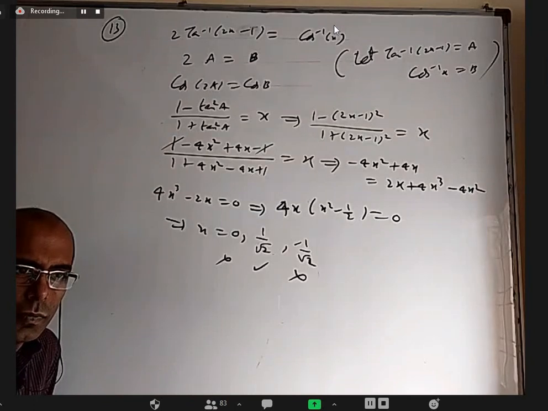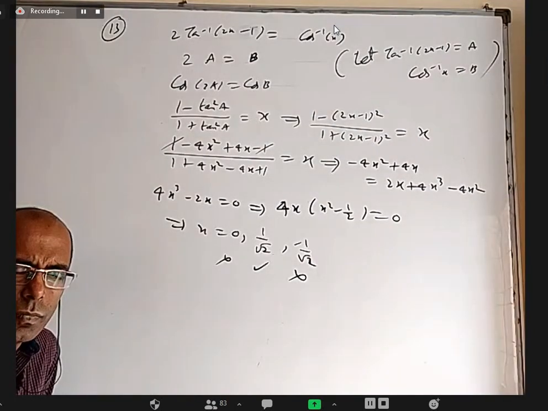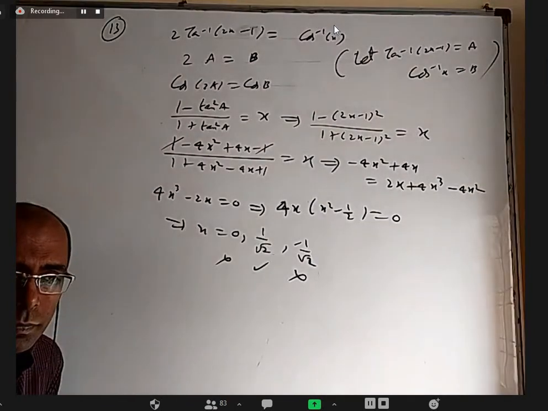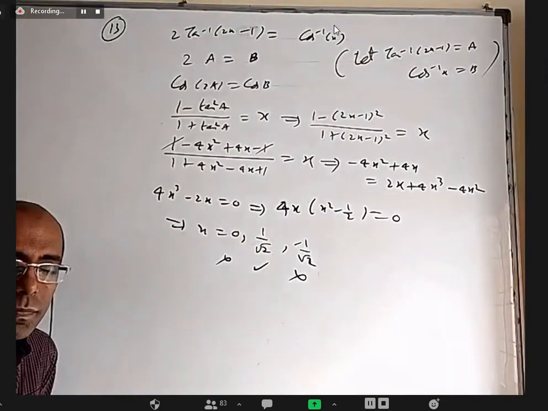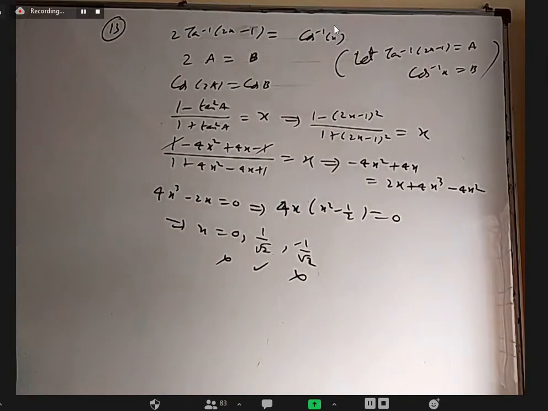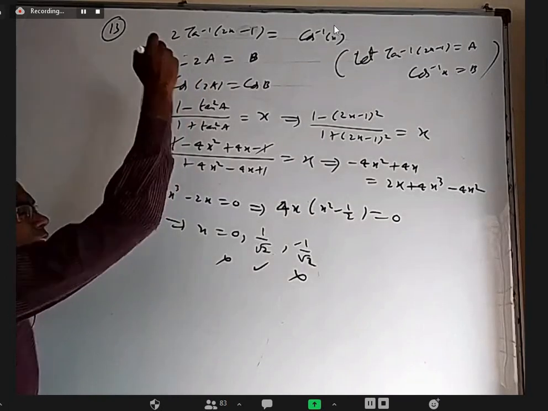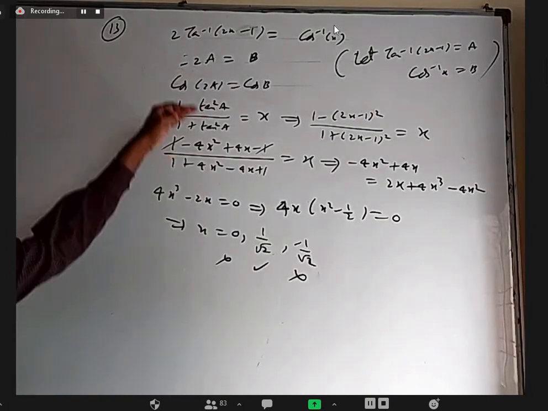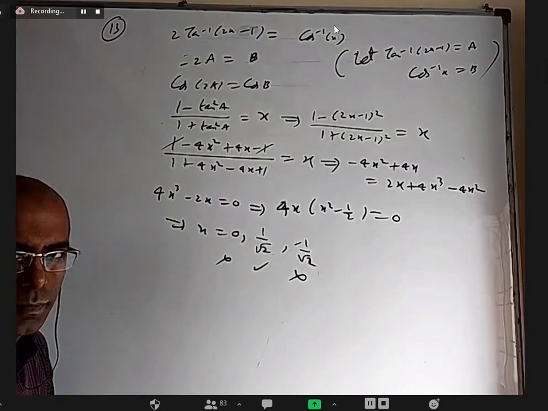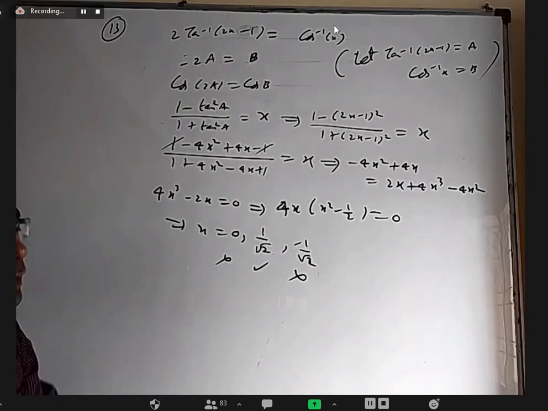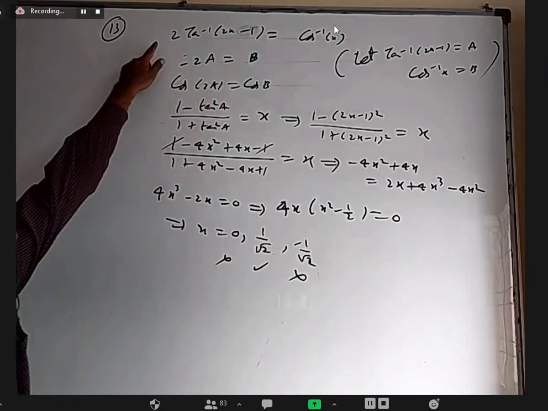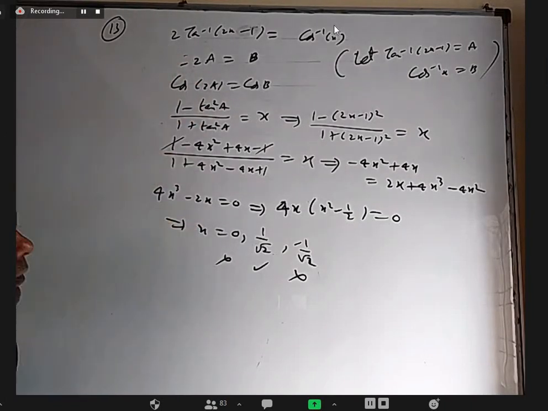Sir, if we take 1 minus 2x, it would be correct. Yeah, that's good. That is as good as putting a minus outside. For example, this is 2a equal to b, right? If I write minus 2a equal to b, will my solution matter anyway? Same, right? Same, sir. Then LHS and RHS are equal. Yes. So minus 2a equal to b, that is, you put a minus here. For that, 0 is the solution.